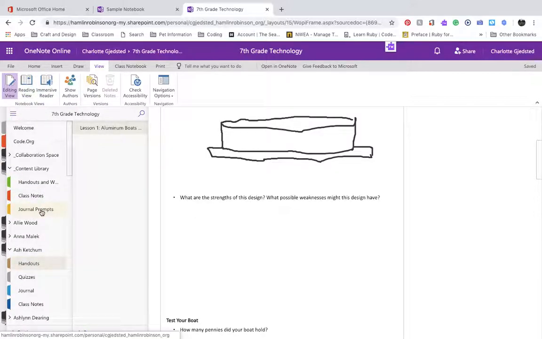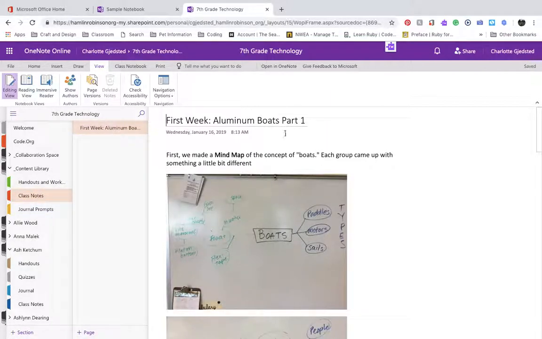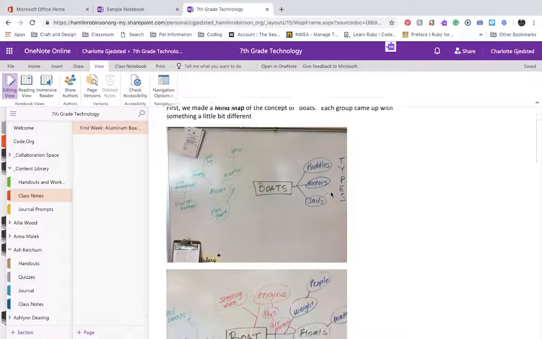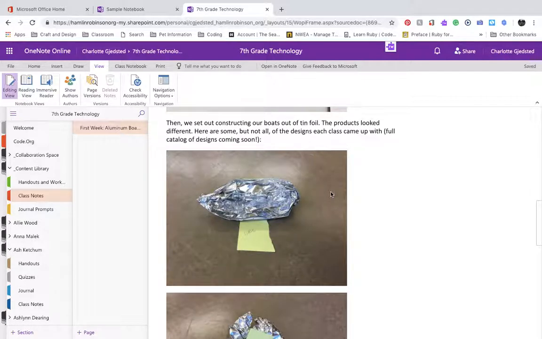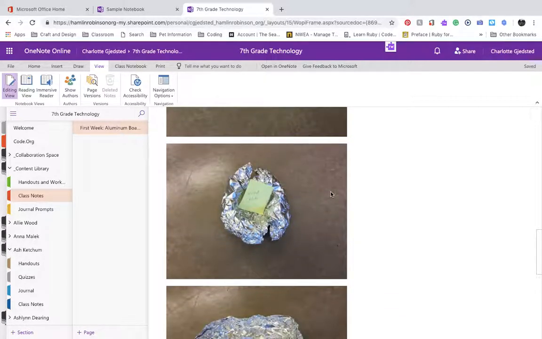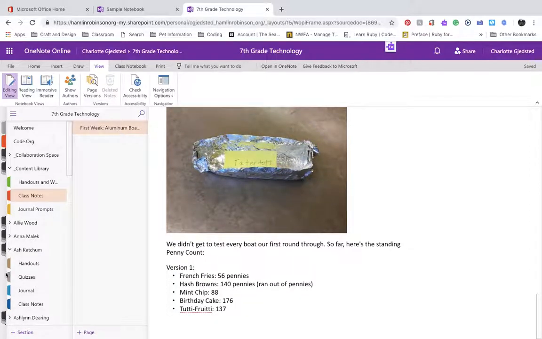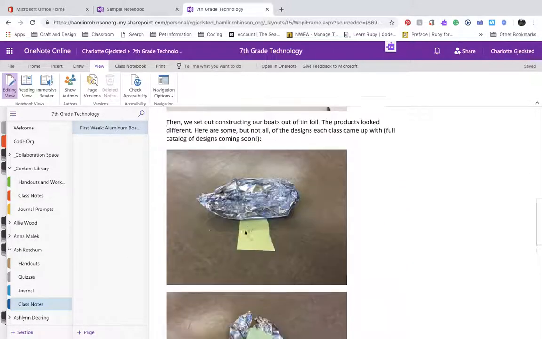The other thing that we have are journal prompts, and I've added in class notes. Class notes, I have just an overview of what we covered in class based off of photos I took and videos that were taken, also that Ben Tonelli took as well. So that way, if a student misses class or misses a concept, or because I only see them once every 6 days and they might need a refresher of what we worked on last, that information lives here and gets passed out into their class notes section